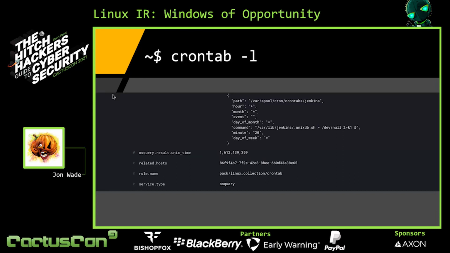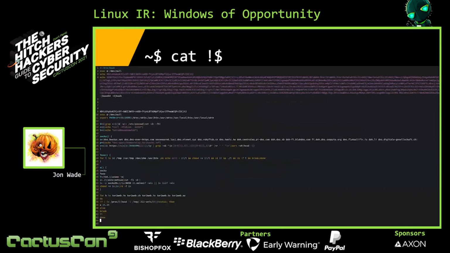So it's a pretty interesting thing, but super common for persistence, particularly with cron, that another shell script is written off and utilized. So like before, let's dig in a little bit. Let's do some quick analysis on this shell script. What's it trying to do here? Just like before, the top half here is what was actually in that .unixdb.sh, and the bottom half is the decoded base64.